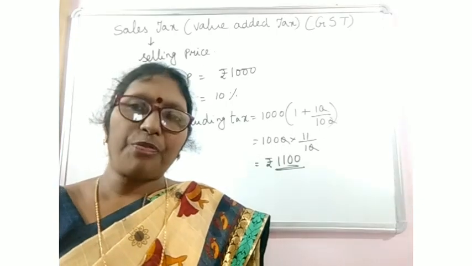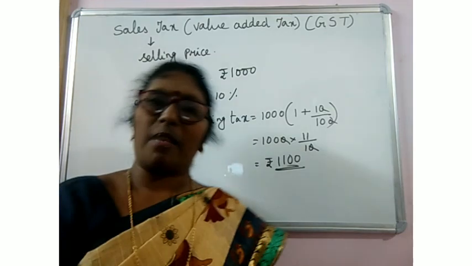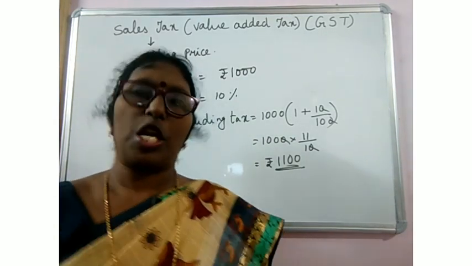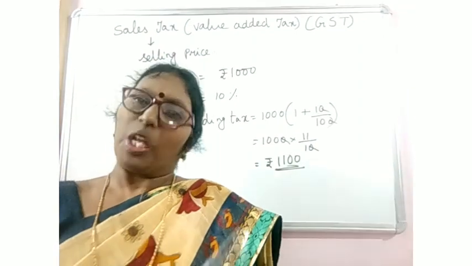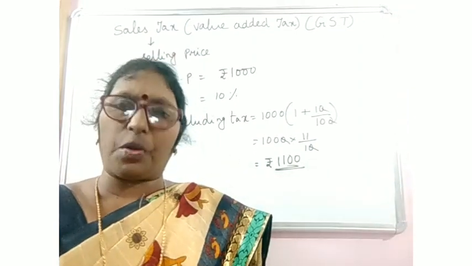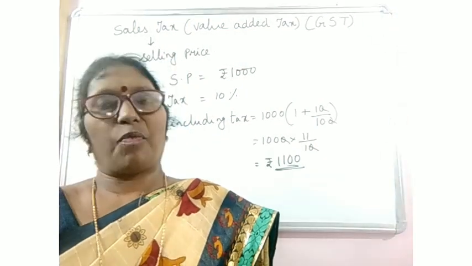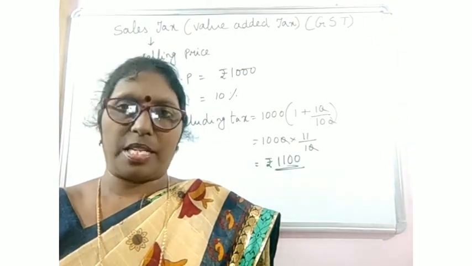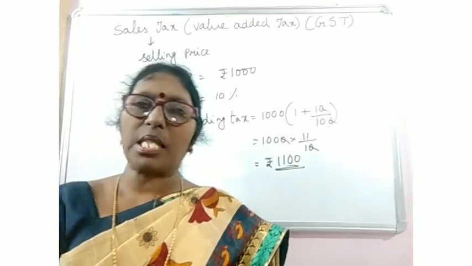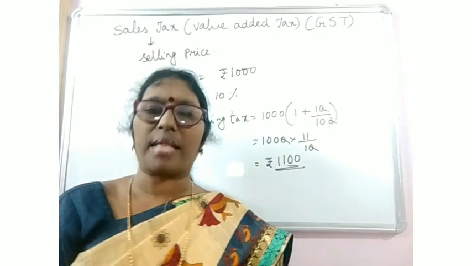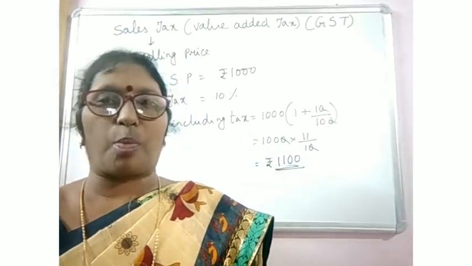That means if you are going to purchase an article which costs 1000 rupees, if the tax is 10%, you have to pay 1100 rupees for the article. Though the cost price is 1000 for you, 100 rupees tax you have to pay. That 100 rupees will be collected by the government, or will be paid to the government. Okay? So this is about discount and sales tax, and basing on discount and sales tax, let me solve a few problems for you.